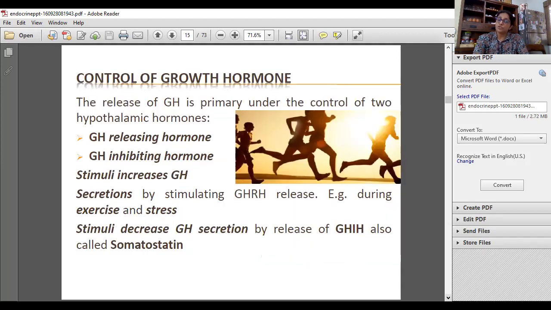Now, the control or the release of this hormone is totally under the higher centers. Okay, so these higher centers have got two types of hormones. One hormone that is the releasing and one hormone that is the inhibiting hormone. These are both secreted in the hypothalamus, which is the higher center for all the endocrine activity. Now, in case of growth hormone, the inhibiting hormone is almost very less active or very less functional. It is largely the releasing hormone which controls the secretion of the growth hormone, and it is hyper secreted in exercise and stress.